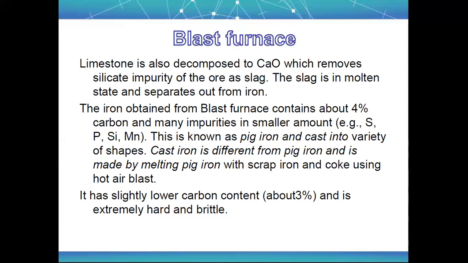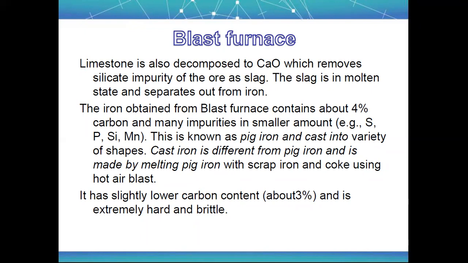So when we keep on heating this pig iron and add coke into it, we are able to remove many impurities out of it. So it is the purer form as compared to pig iron. It is slightly lower in carbon, containing 3%. When we keep on heating, the carbon is removed from the pig iron, and it is extremely hard and brittle. If you compare pig iron and cast iron, pig iron is the impure type because it contains a small amount of impurities. Cast iron is quite pure as compared to pig iron.